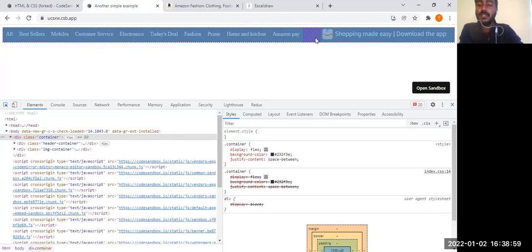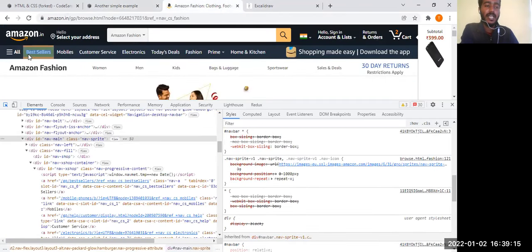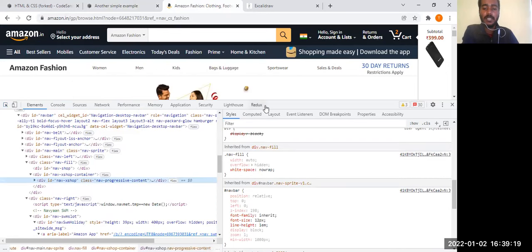Can you see this is a space between? So we have given a space between these two divisions. And by using minimal CSS and minimal styles with the help of flex, we achieved this particular row, this navigation header part alone. So I'll hover and show you. Even we will see how they would have implemented it.